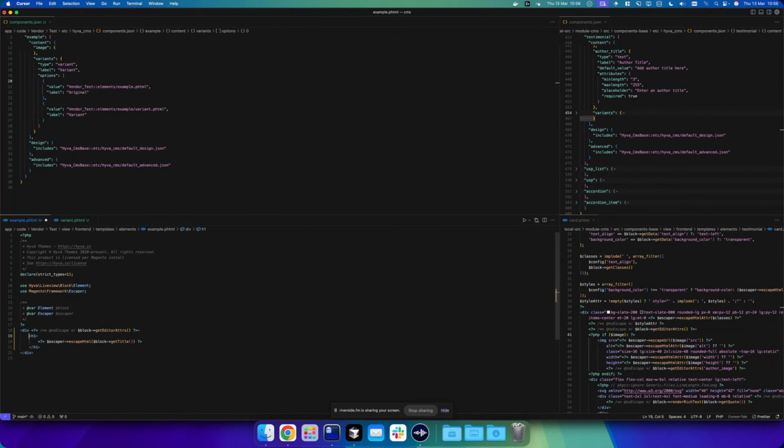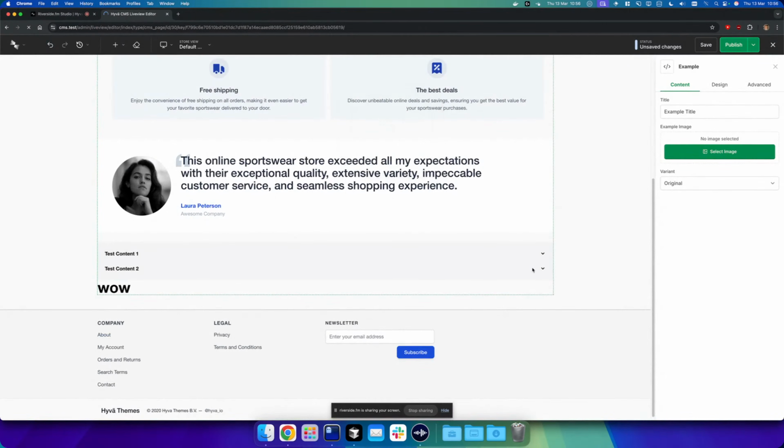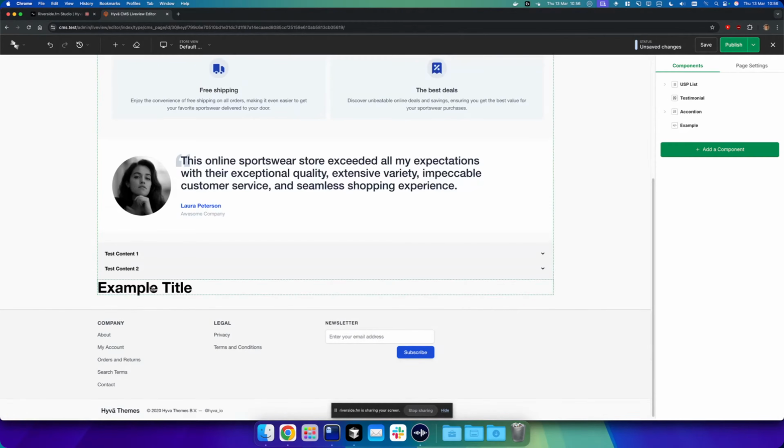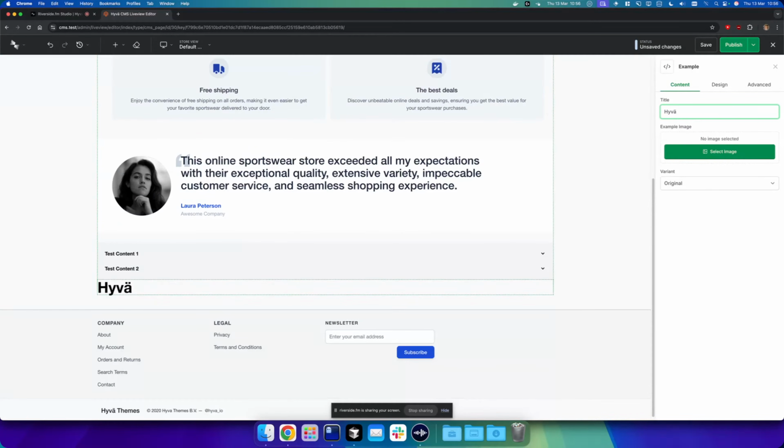However, I want to be able to tell the editor to focus directly on this field. So I'll add this and say title, because that's the section I actually want to target. When I refresh this now and add my example component, I can click this and it will focus directly on the title field. So I can click this and then start editing content, which is awesome. I'm not having to worry about where I am or what field I'm looking at. I can click in here and start typing. That's a pretty cool little feature.